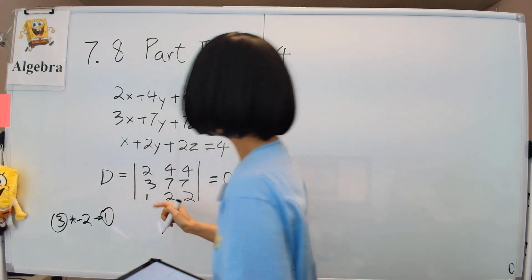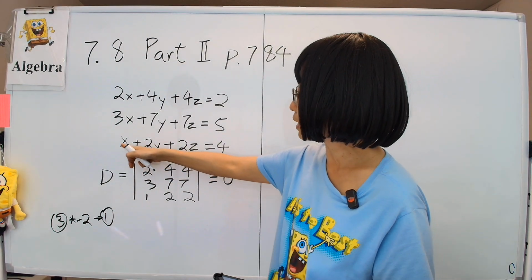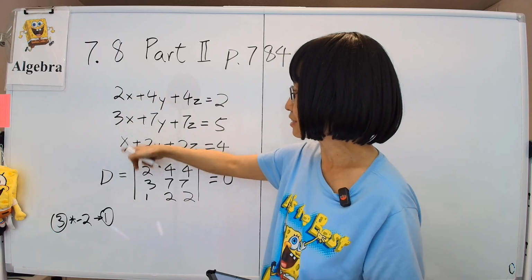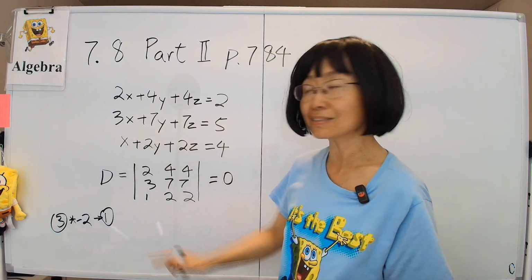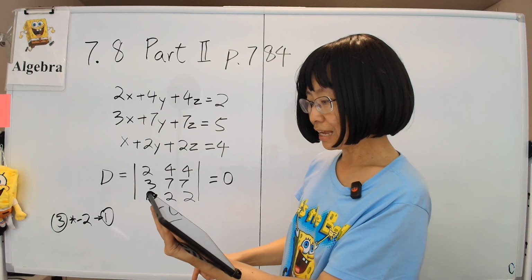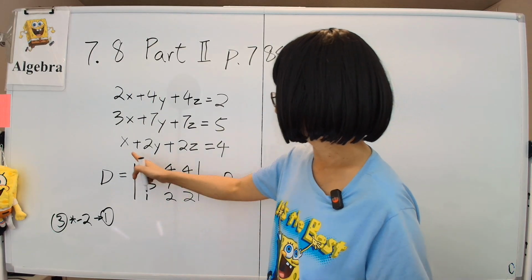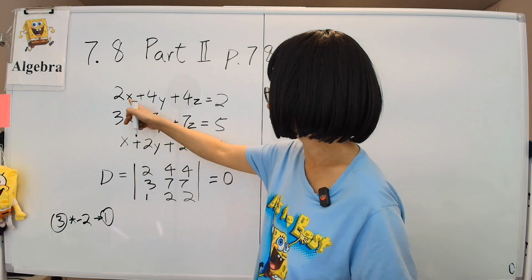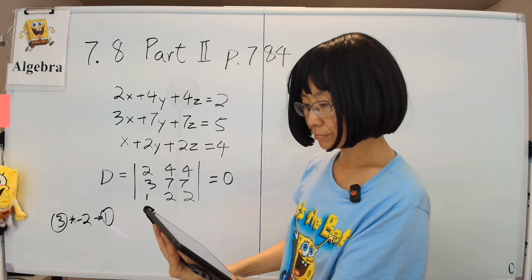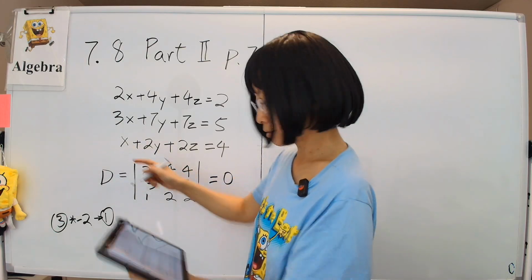And why are we doing this? If we multiply equation 3 by minus 2 and add it to equation 1, that'll knock out the x. See, there's a 2 there. You multiply by minus 2 here, and that'll get rid of that. Okay, and so let's do that. So equation 3 times minus 2 added, that would be, let's see,